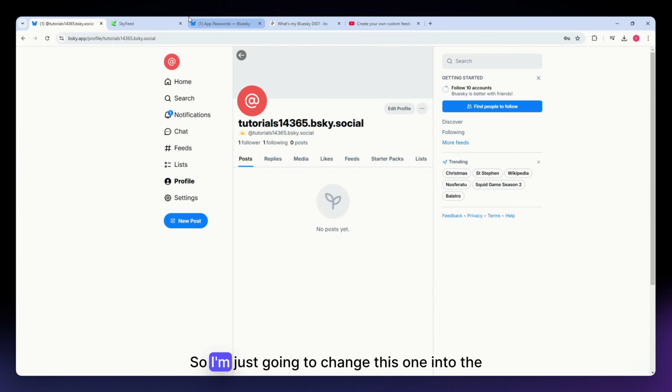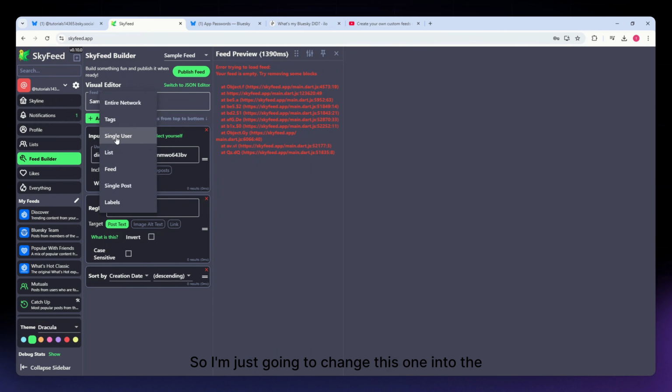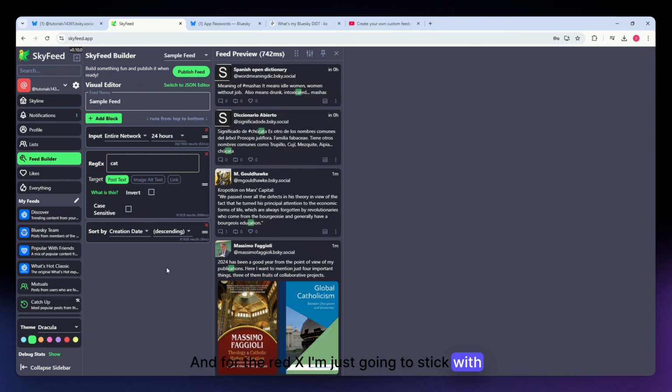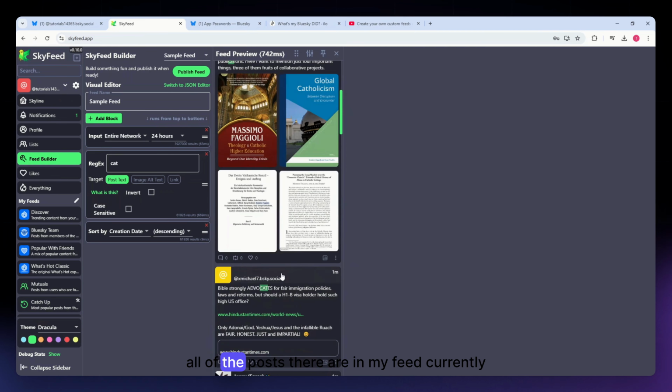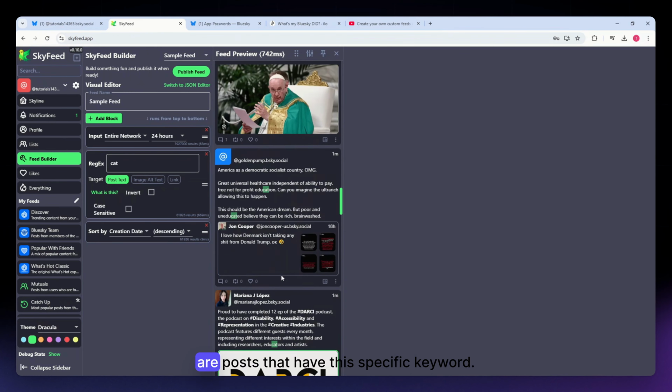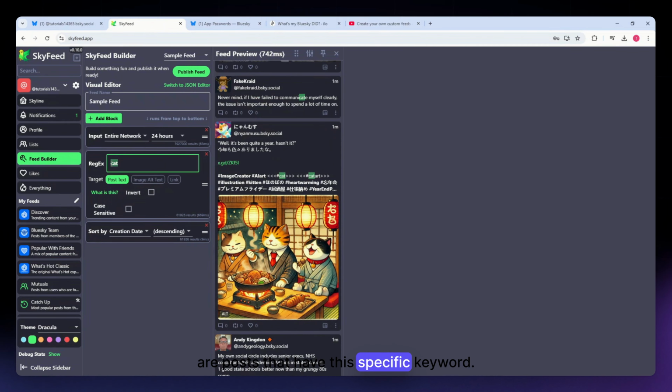So I'm just going to change this one into the entire network. And for the regex, I'm just going to stick with cat. As you can see, all of the posts that are in my feed currently are posts that have this specific